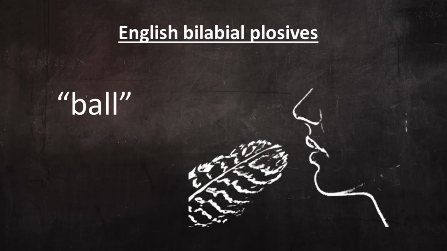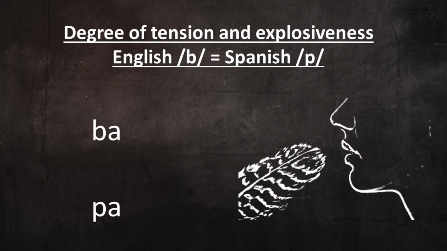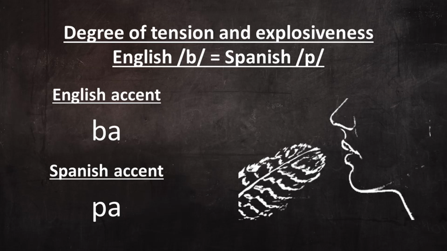So the degree of tension and plosiveness of the English B sound is similar to that of the Spanish P sound. Listen to these two syllables, this one pronounced with an English accent and this one pronounced with a Spanish accent. Ba, ba, ba, ba. To my ear, the only real difference between these two sounds is that English B is voiced while Spanish P